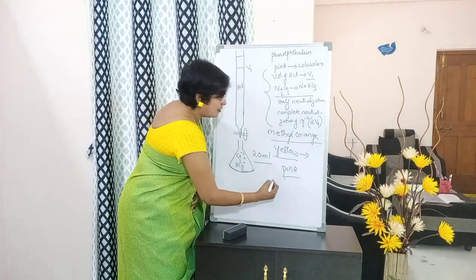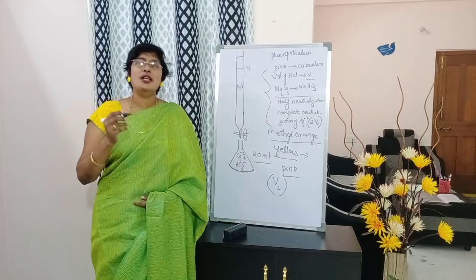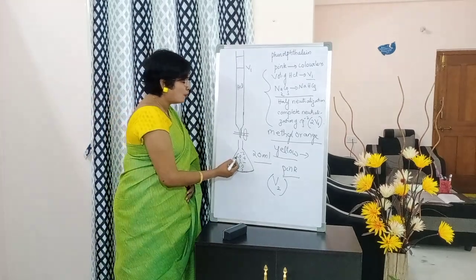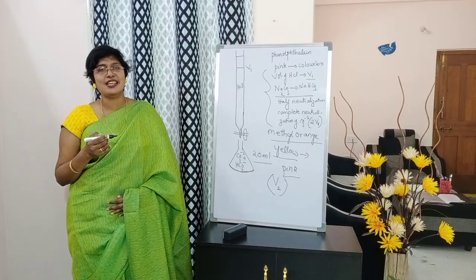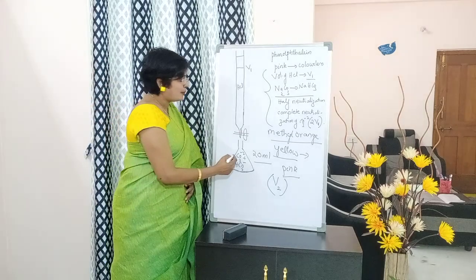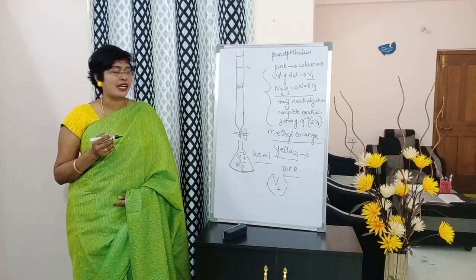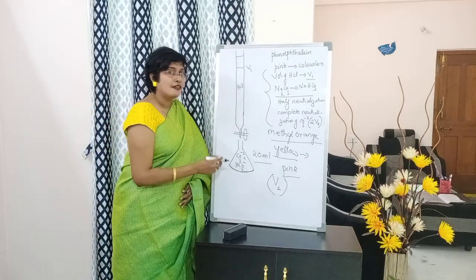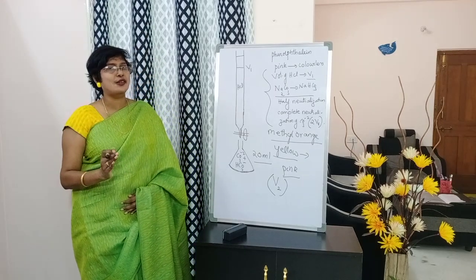So here you will be noting down the value as V2. What is V2? Volume of HCl required for the complete neutralization of both CO3 2- and HCO3 -. Now we should estimate carbonate as well as bicarbonate. Carbonate we have seen, 2V1 is the volume of HCl required. Then what about HCO3 -, students? How will we get it? V2 is not the value. V2 is for complete CO3 2- and HCO3 -.